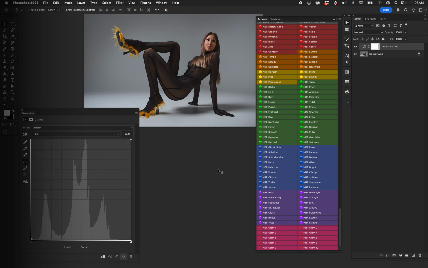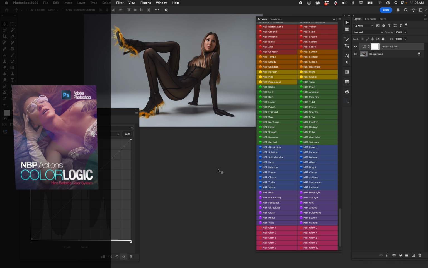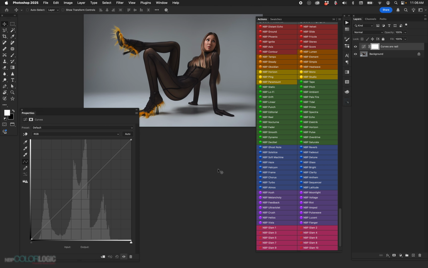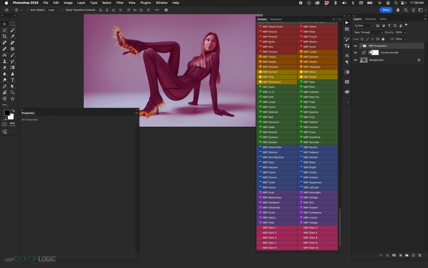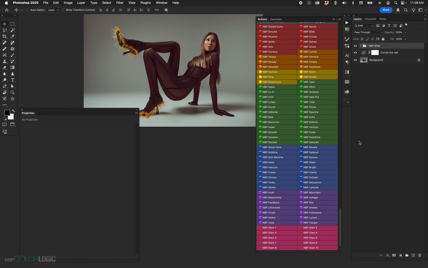Hey guys, so today I have a small, tiny little update to ColorLogic, and I've already pushed it out to customers, but I want to show everyone because I think it's something that you can possibly learn from. As a quick review, when you use ColorLogic and pick any of these looks like Pulse Wave, that's a really strong one. But let's say you pick a Slide, whatever,